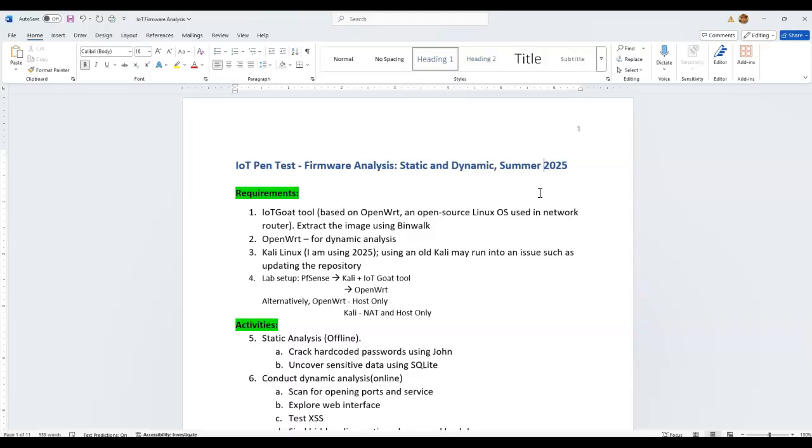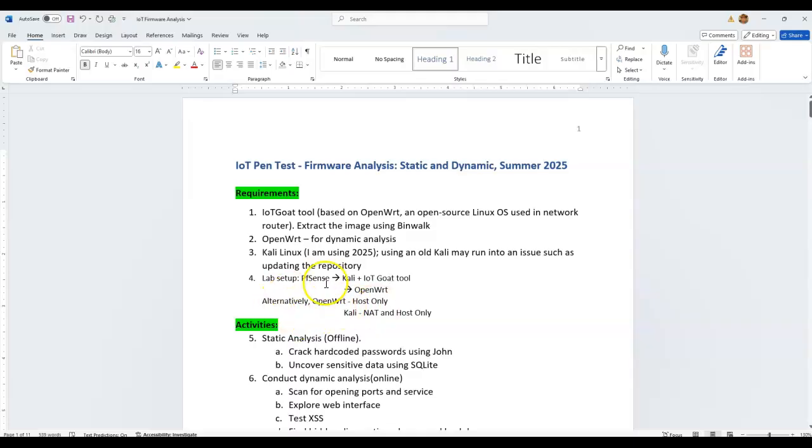For the lab setup, I'm using pfSense, which is like a router. From pfSense, I install Kali and the OpenWrt VM.